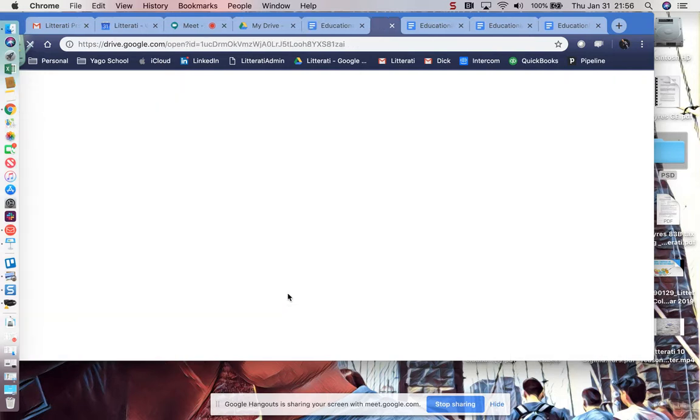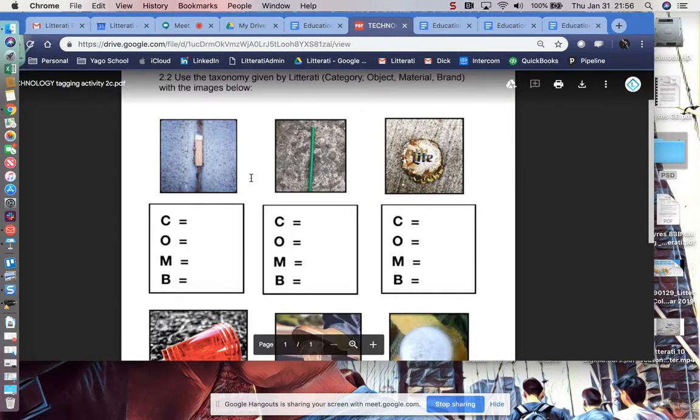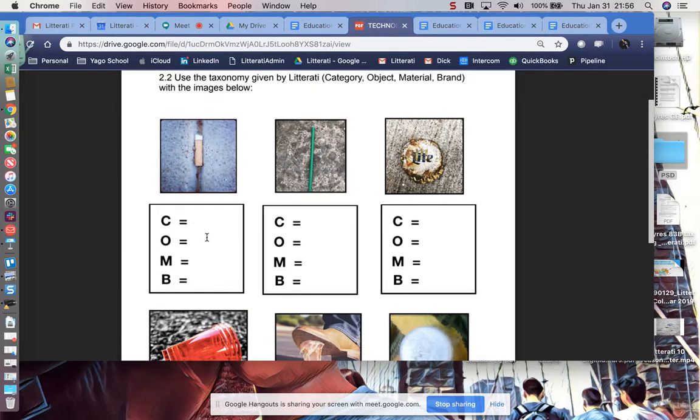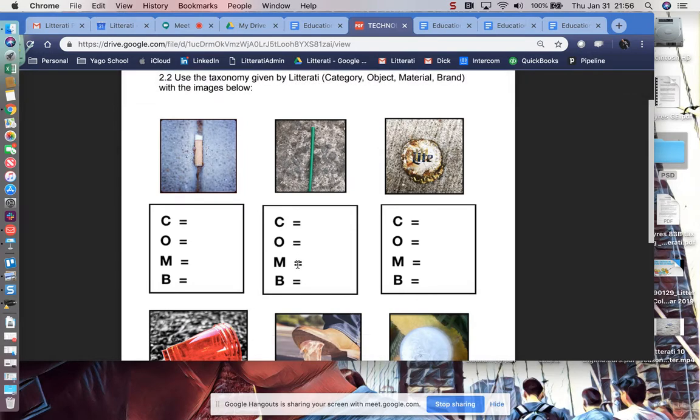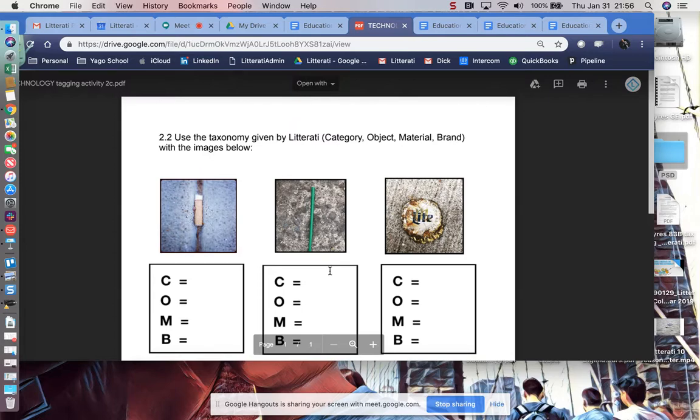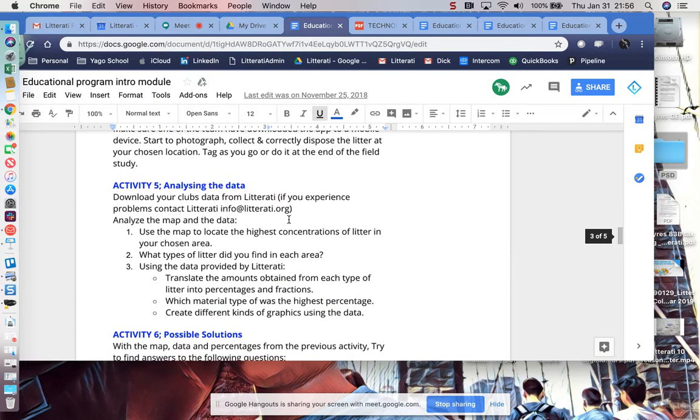So, for example, if I click on this, it takes me to a secondary document, and this is like a document that you can do in the classroom. So, for example, let's practice making the taxonomy. So category, this is a cigarette, or this is a drink, and it's a straw, it's plastic, and there's probably no brand associated to that. So these are links within the document,